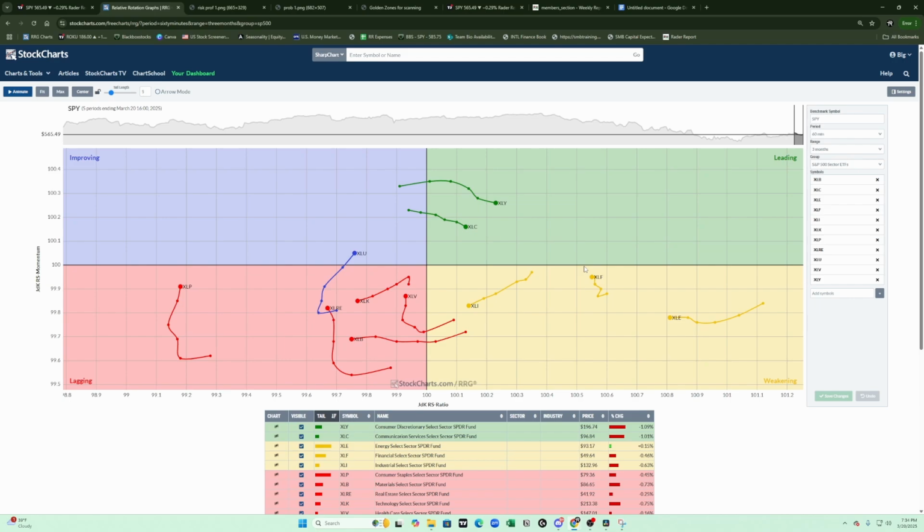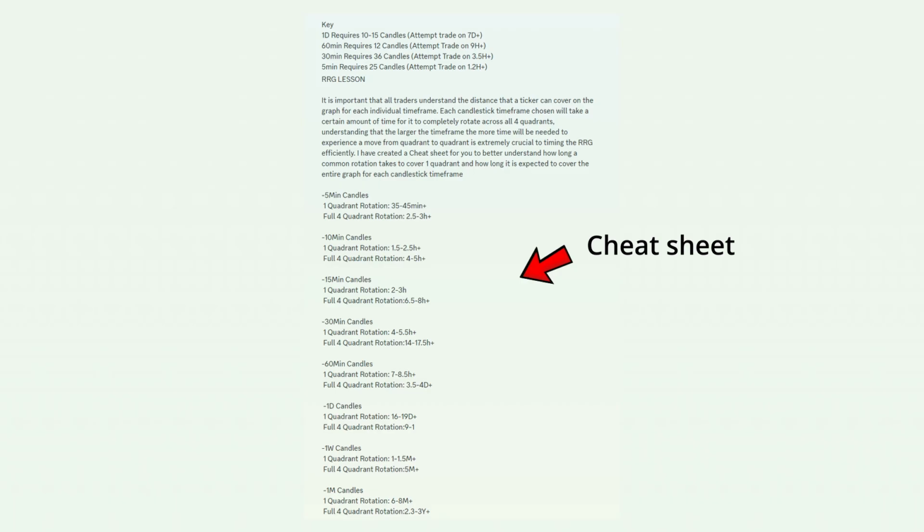So I'm a swing trader. I do options. Typically, my day trades are not really that short. They're a few hours at the smallest, so I'm not really scalping things. And so I typically look at the hour, the 60-minute. However, on screen now, I'm going to put on a little cheat sheet. This will show you how long it takes for each quadrant to be reached. So typically, just one quadrant for the 1 hour takes about 4 to 8 hours, somewhere around there,